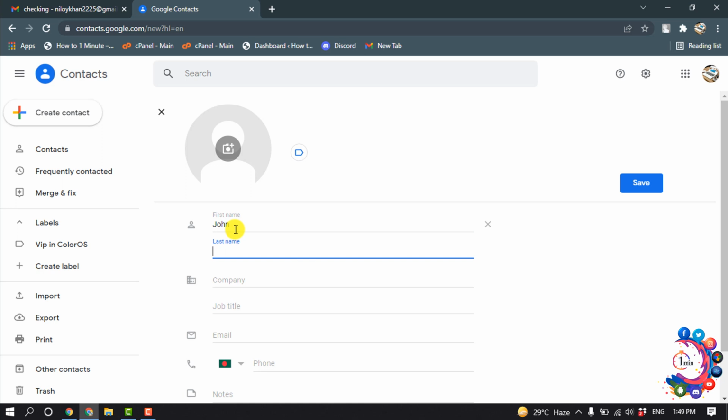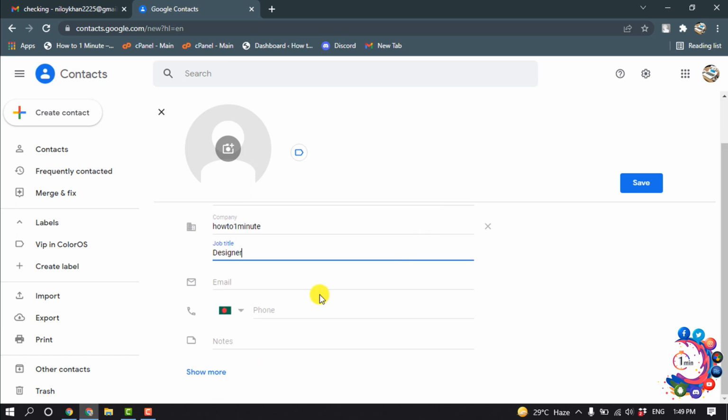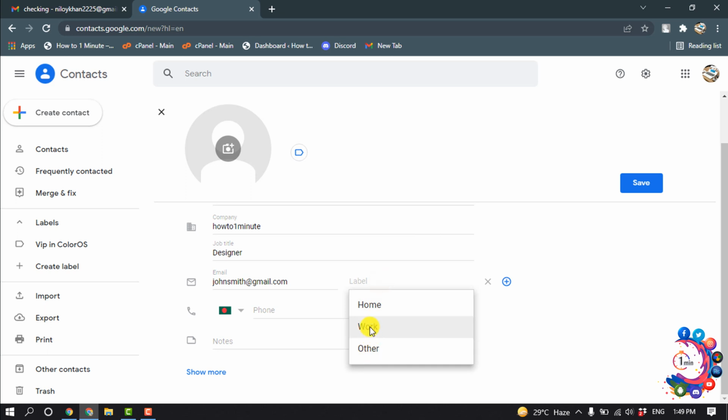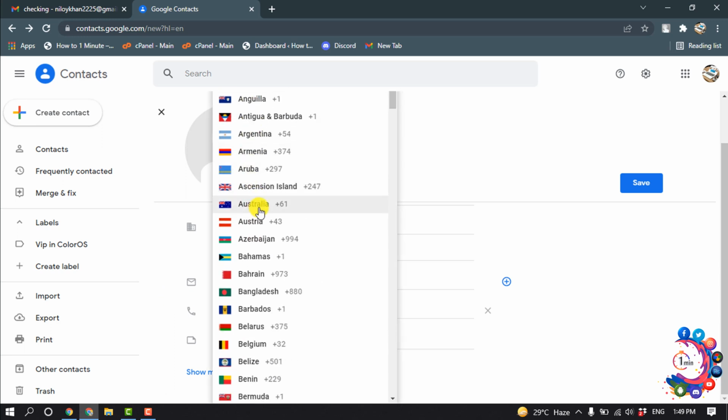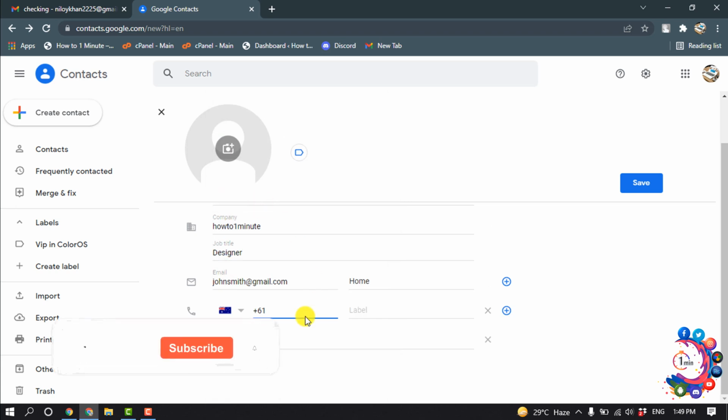and the last name, and you can enter the company name here, job title, and you can attach email, or you can add a label, and now here you have to give the phone number. From here select your country and now give the phone number here,